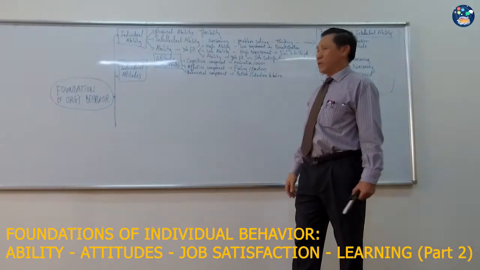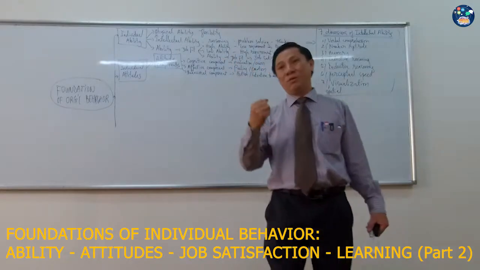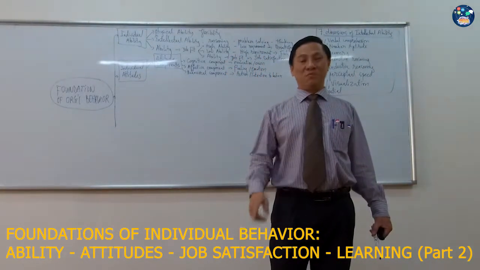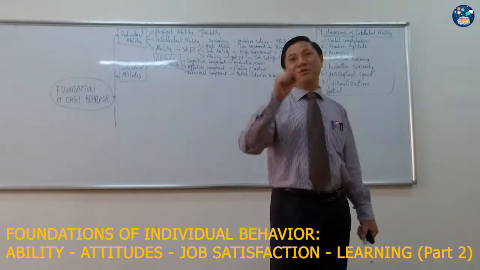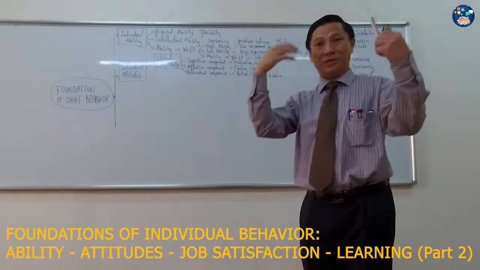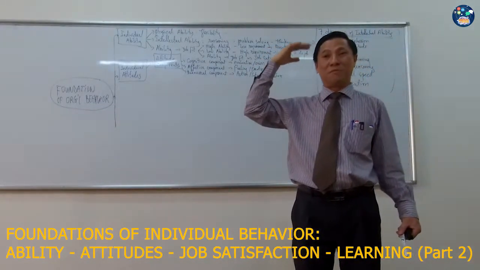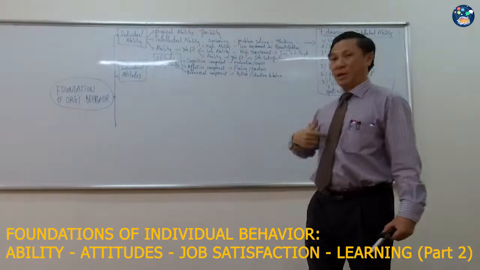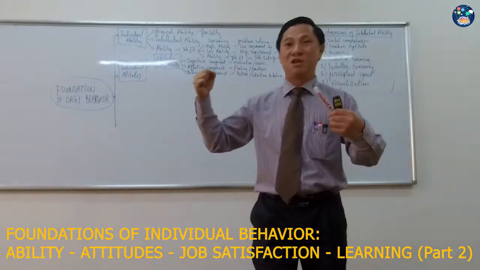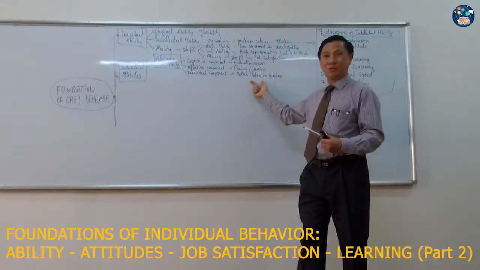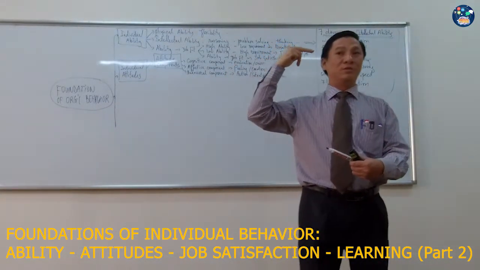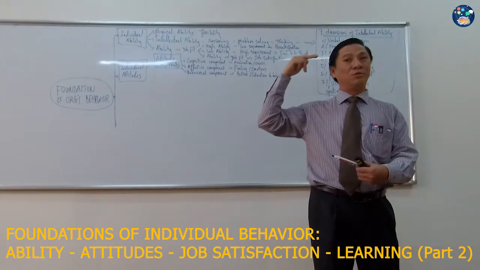Or other examples, you are my friend, but once in the past you stabbed me in the back. So I already promised myself, if I see you again, I will kill you, for example. So what happens today if I open the door and see you there? My head will think about you, and it talks to me, hey Khương, it's him, the bad guy. So then immediately the feeling comes. It means my emotions. So I get angry, my face getting red, my hands shaking like this, and the behavioral component comes, intention to behave immediately. So I run into you, kill you, or he in my head tells me, stay away from him, otherwise you run to him, you kill him. So then intention to behave is that, okay,